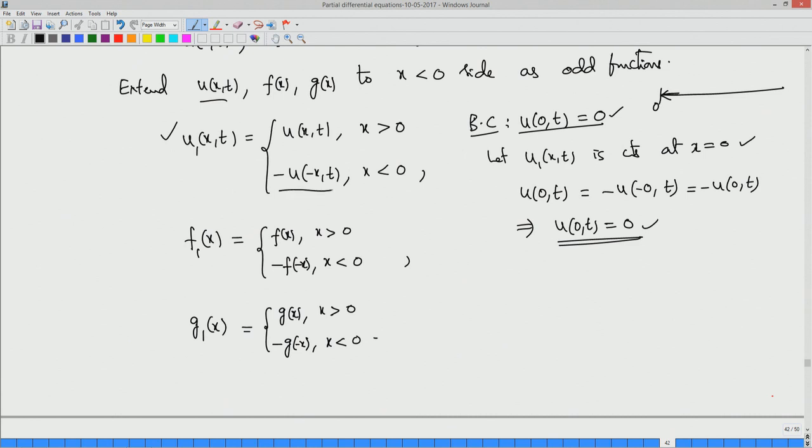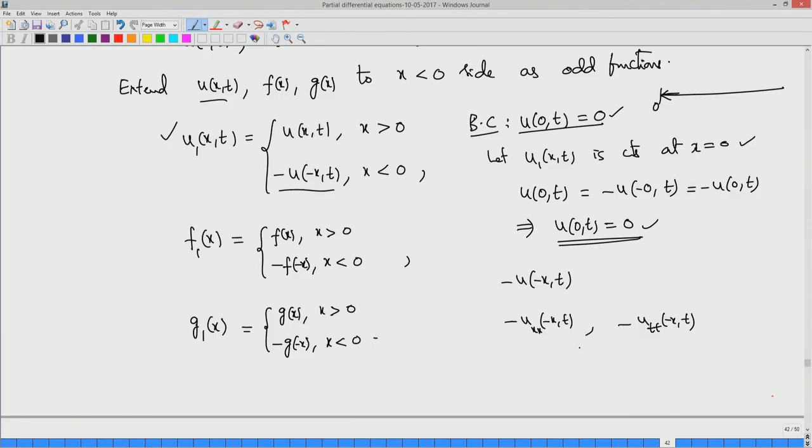If you do it for minus u of (minus x, t), if you take two derivatives in x, it is again u_xx of (minus x, t), and then its derivative in t is minus u_tt of (minus x, t). They already satisfy